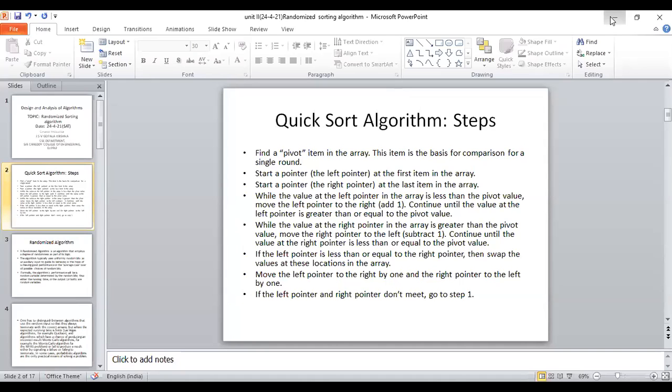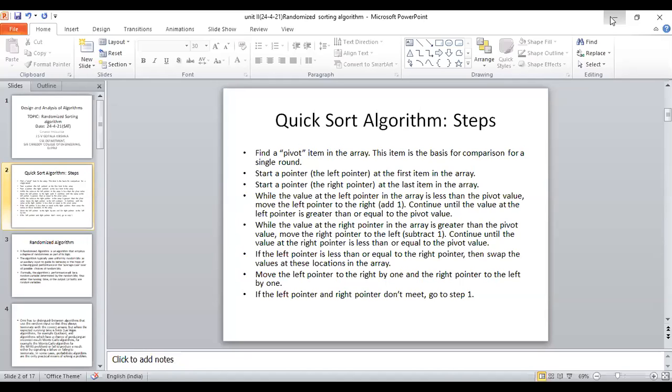On the other hand, it does not make use of any additional memory as merge sort does. When you compare quicksort and merge sort, in quicksort we are not using any additional memory, whereas in merge sort we need some additional memory for sorting a huge number of elements.